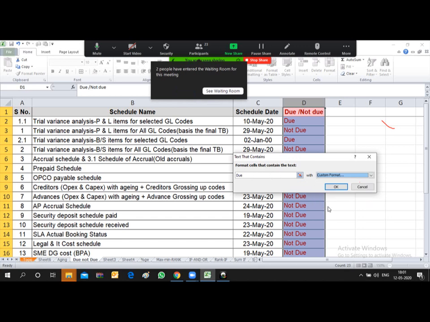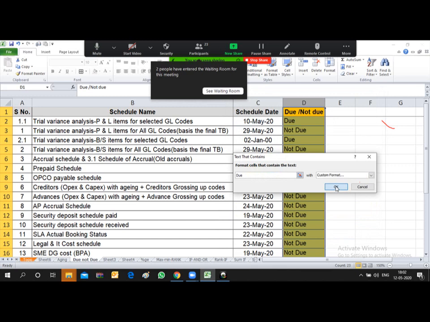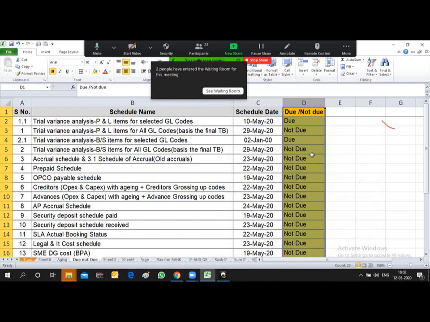Whatever color you want, you can select, say this yellow color, and then press OK. Okay friends, since all the cells contain due, all cells are highlighted, because here is due also, here is also due. So let's change it.